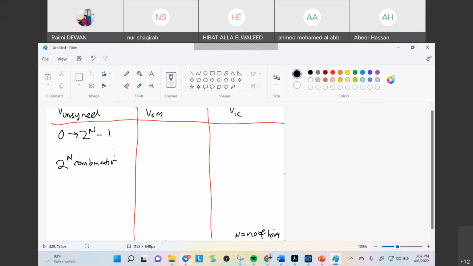So if you want to store some information, an unsigned number can store up to 2 to the power of n values, depending on the number of bits. The next is the sign magnitude. The sign magnitude has values between -2